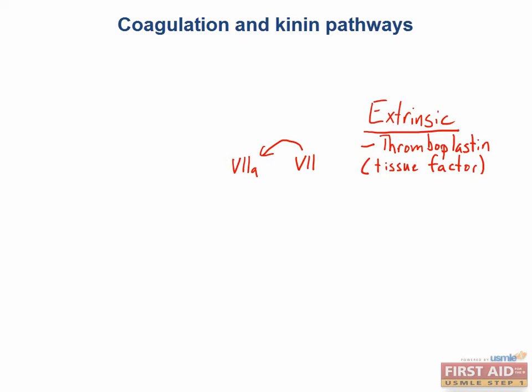This is not only a much shorter pathway, but it is also a more important pathway in clot initiation, whereas the intrinsic pathway is more important for clot amplification. To measure the function of the extrinsic pathway, you would follow a lab test called prothrombin time, or PT for short. The reason PT is a good measure for the extrinsic system specifically is that you begin the test by adding tissue factor, which will activate factor 7 to 7A